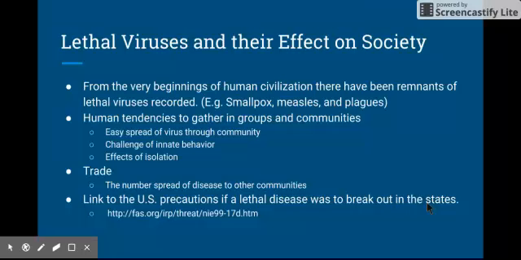So lethal viruses have been around since humanity has been around. So the Black Plague, smallpox, and measles spread quickly and caused millions of deaths. Yet this was more due to the lack of physicians' understanding of disease and overall superstition surrounding diseases. So with time, we got a little smarter about how to deal with viruses, and there's obviously less deaths today